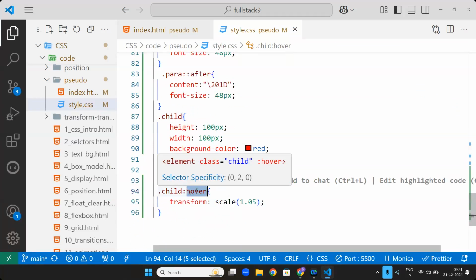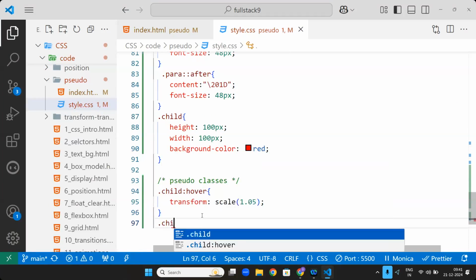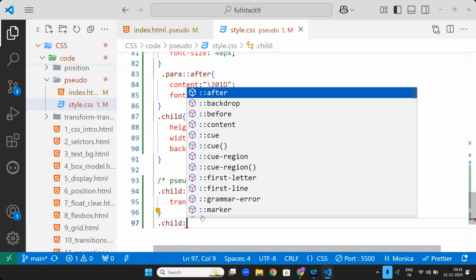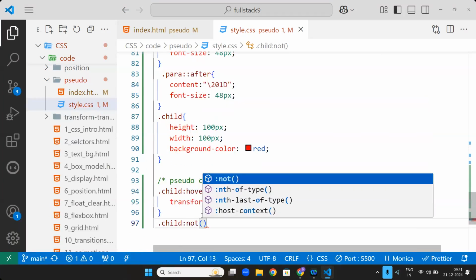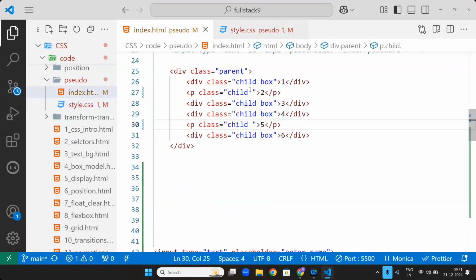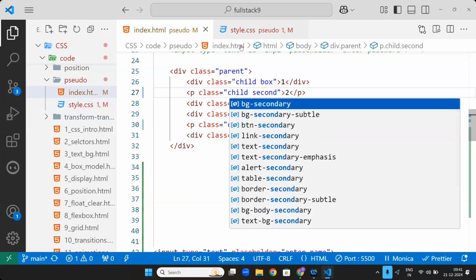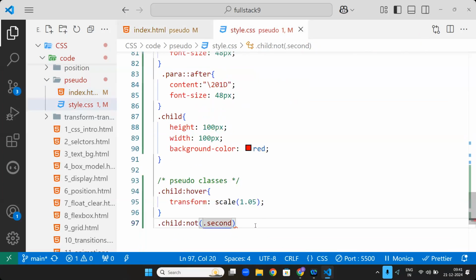Like this, so many pseudo elements and so many pseudo classes are there. You don't need to know everything at once. But remember, for everything, one is there. For example, I wanted to select all the children, not the second. If I want to select all the children except the second guy,